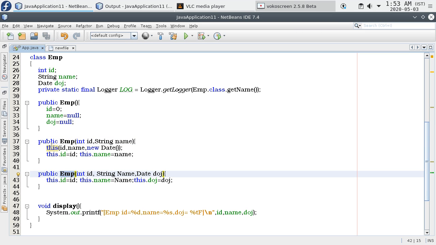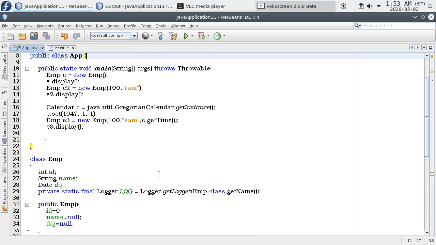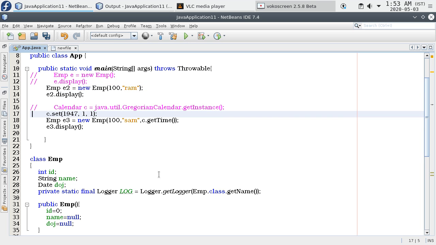So this constructor is going to call this constructor, this one, which has three fields. Right? Now go and display. We are going to comment out all. First one, second one, third one also we will comment out.